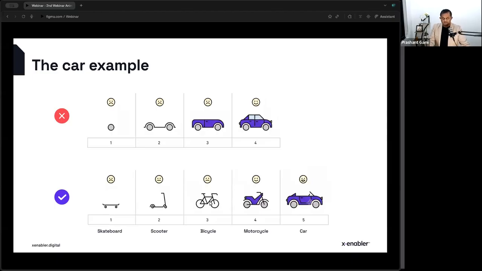Now, but it's not fast enough. So let's put the engine on that and call it a motorcycle. And now you've got a better product, better speed, more traction. And then eventually that will turn into a car. So the difference between this and this is, here, to be able to make money, you have to go all the way to version 4.